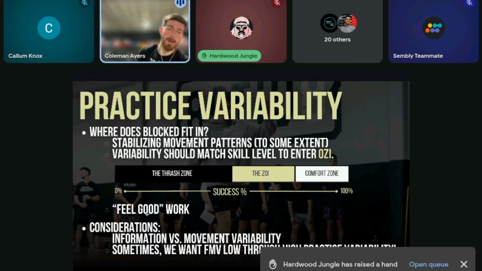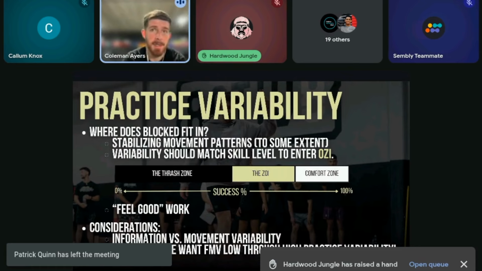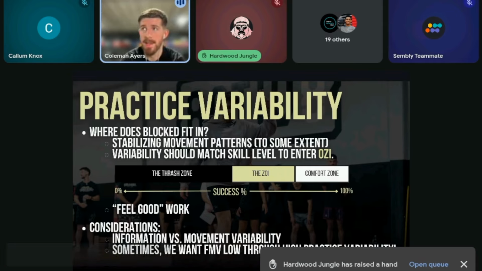And then lastly is feel good work. Every player knows that at some point, especially throughout the season or at the end of a long week, you want to see a lot of shots go in. It keeps the game fun. It's a good dopamine hit, right? And I've had a lot of conversations with athletes that have resulted in them doing a little bit less of this. Or I'll take that back.